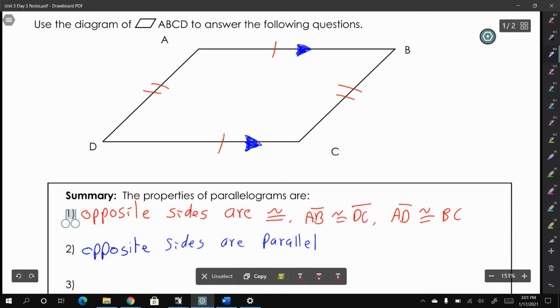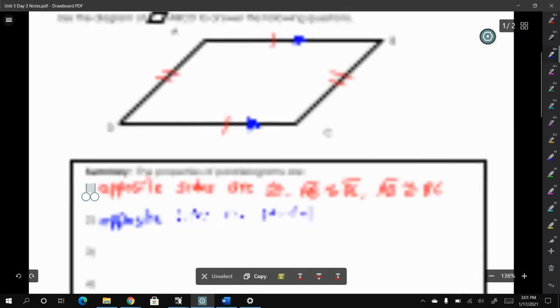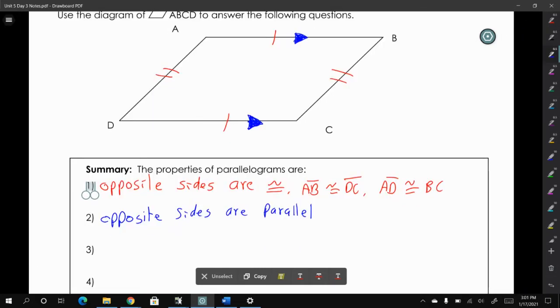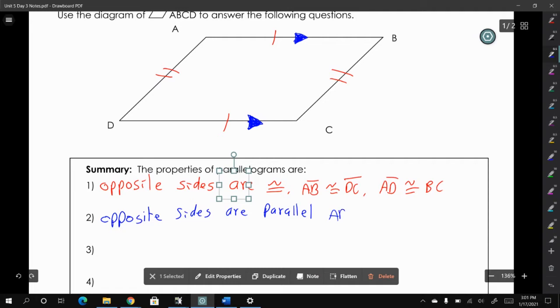And remember, we can draw this little arrow on our lines to show that those lines are parallel. So AB is parallel to DC. And then we also have AD is parallel to BC. So the reason I'm drawing two arrows on these sides is to show that they're parallel